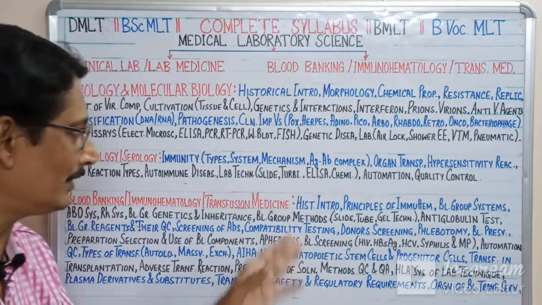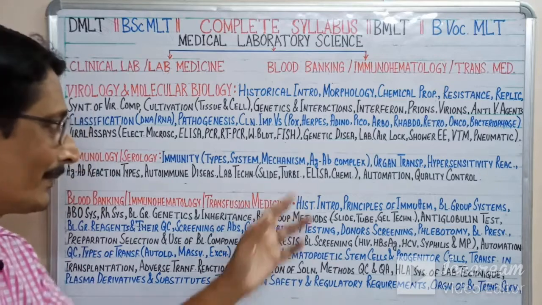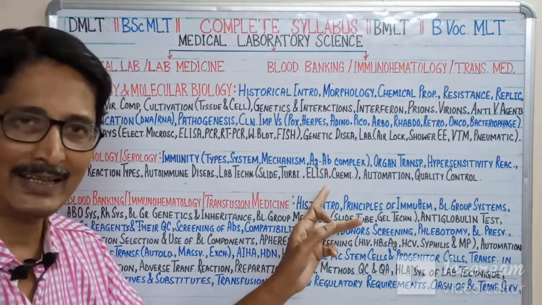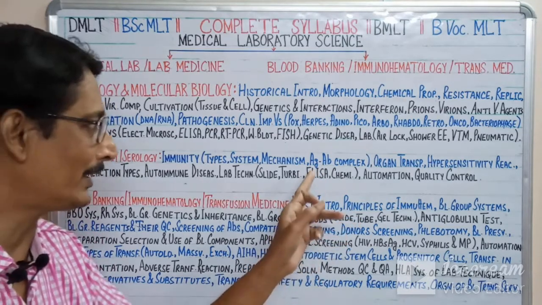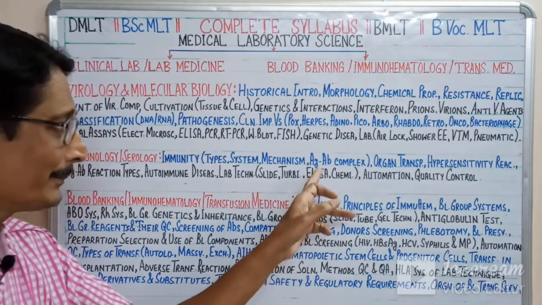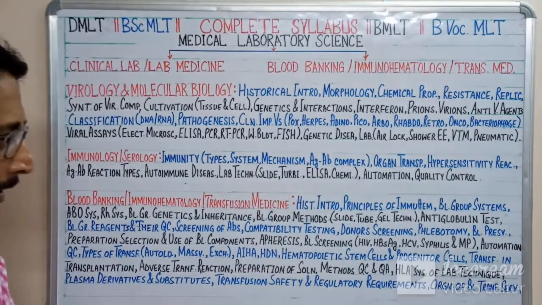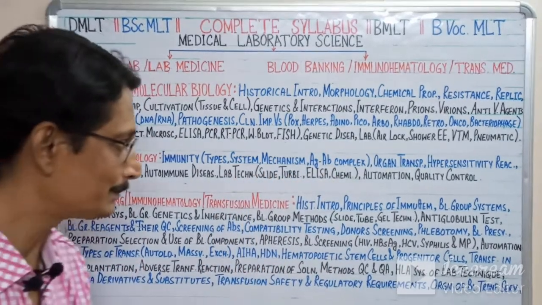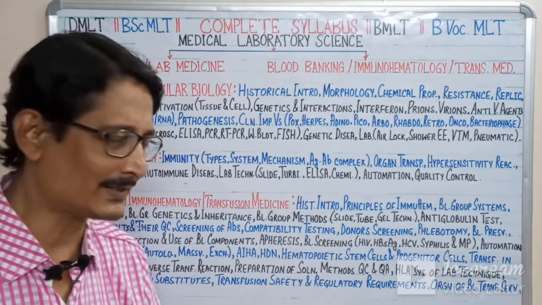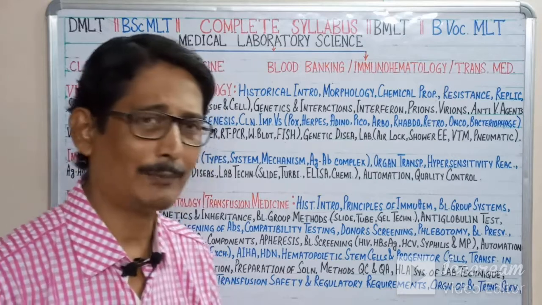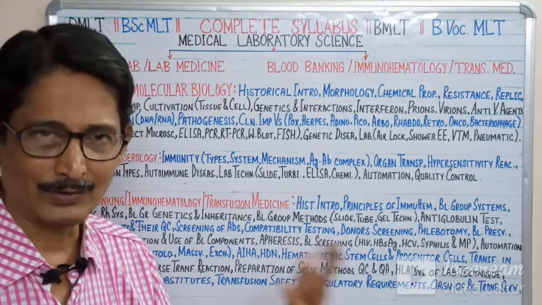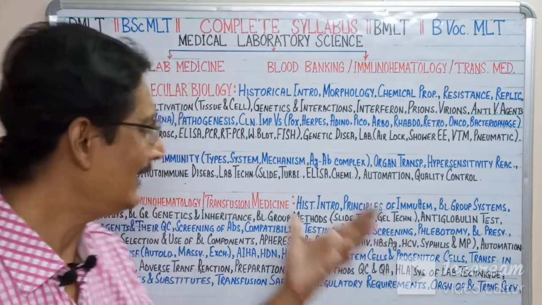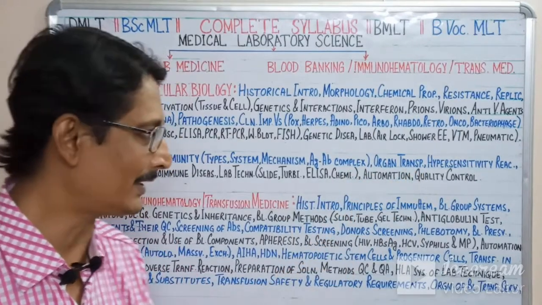Now the systems of immunity, the mechanism, how it works. AG, capital A, small g, means antigen, that is entering our body, and AB means antibody, capital A, small b, as we commonly write. So the AG-AB complex, how the complex is formed. Now during organ transplantation, before organ transplantation, we have to match the organs, the donor and the recipient part. Some laboratory tests are done in the serological lab, that is the organ transplantation chapter.